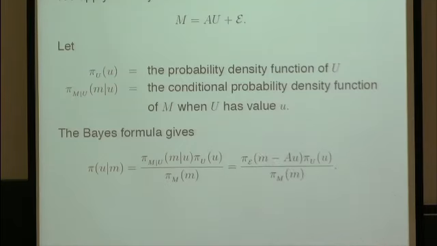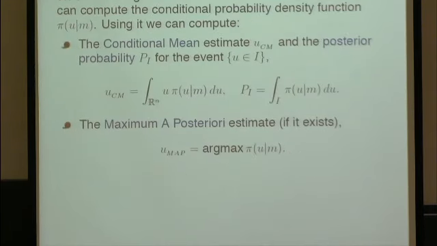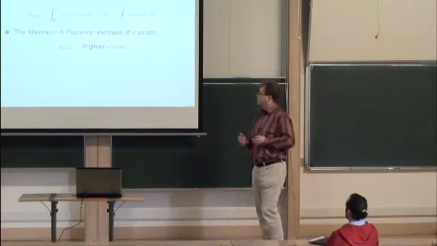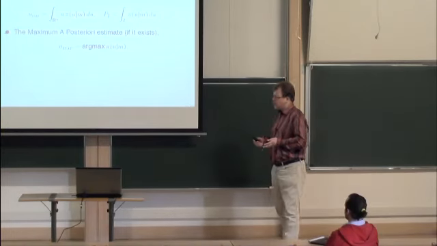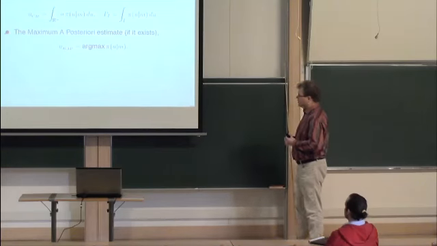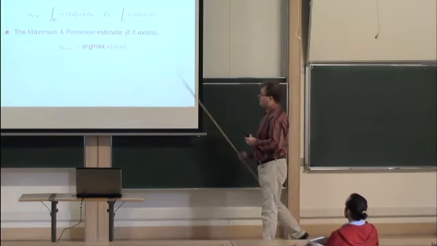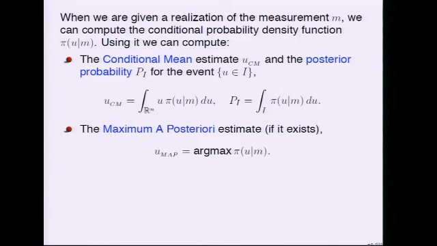So basically, this here is the solution. This function is the solution, the Bayesian solution of the inverse problem. So how is this in practice? In practice, this kind of function is not enough. We want to have concrete estimates. There are two important estimates we are interested in: the conditional mean estimate, that is the average of the posterior distribution,